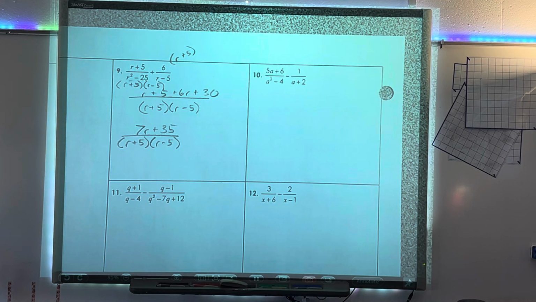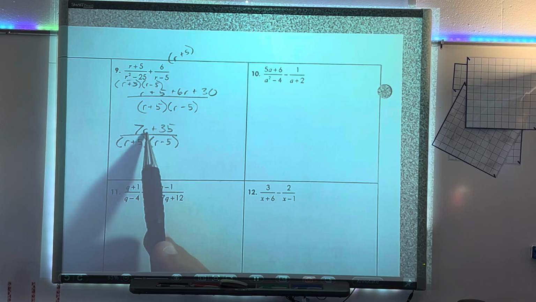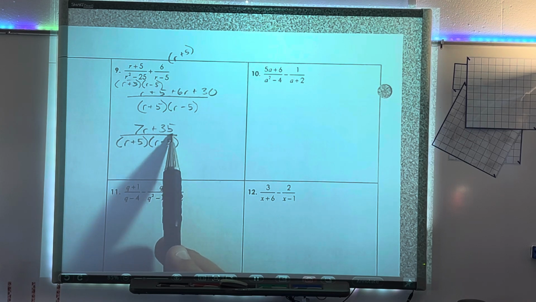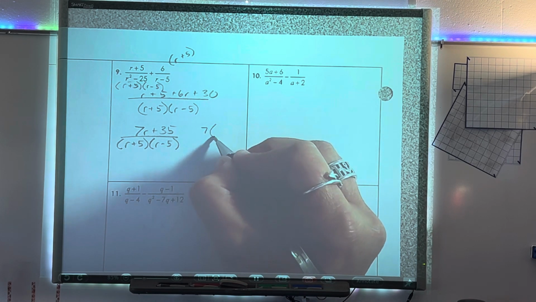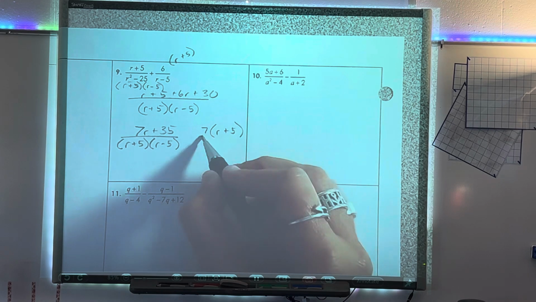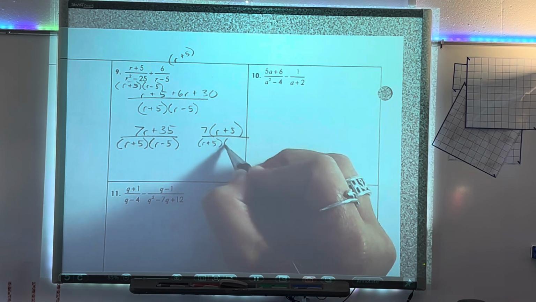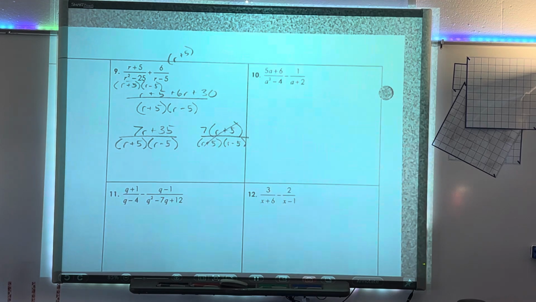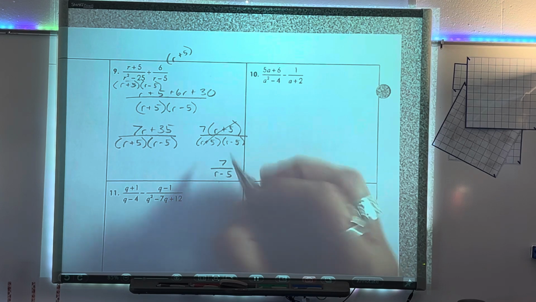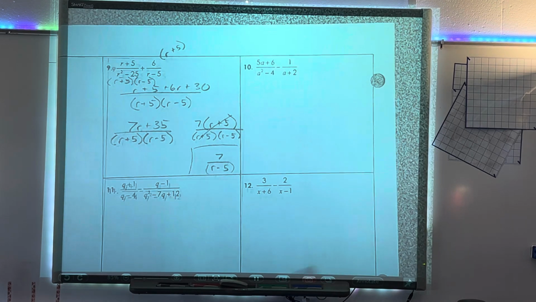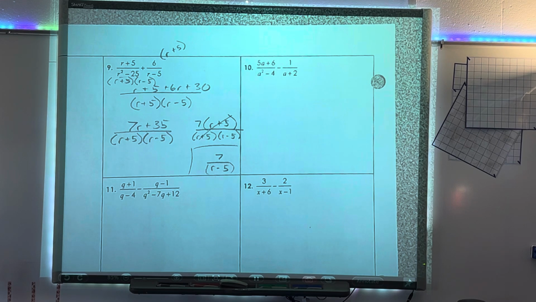Okay, now what can we do? Can you cancel R plus 5 and R plus 5? We are going to be able to cancel, but we can't cancel from here. Combine like terms. Okay, so I have this binomial right here. What do you? Oh, you're at the bottom, my bad. Yeah, take out the 7. Yeah, I need to take out my 7. So when I pull out my 7, that's going to leave me with R plus 5 over this, plus 5 minus 5. Now I can cancel that off, which would leave you with 7 over R minus 5. Okay, so that was it. I just wanted to look at a couple of those in case y'all get that far on your